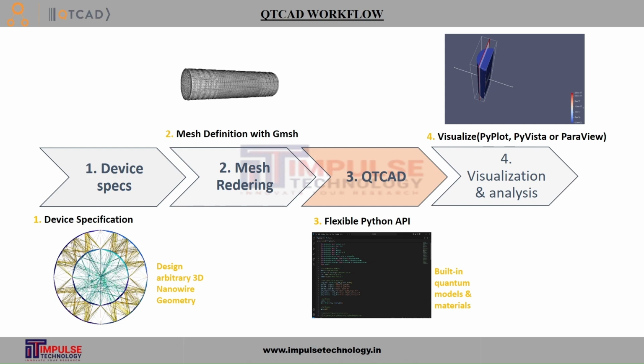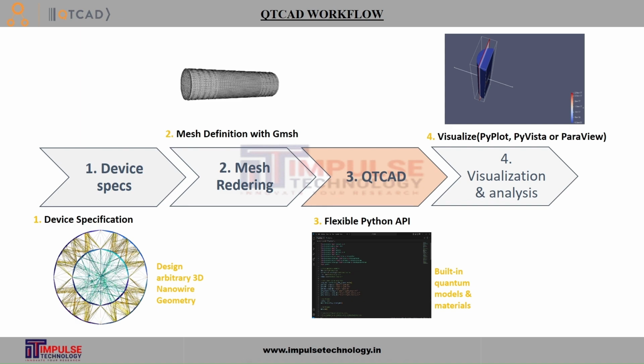Second step is mesh definition with GMSH. The second step is the creation of the mesh, which is a representation of the device geometry in small elements. A mesh is essential. You divide the device into smaller, manageable sections. This is important because the Poisson solver and other numerical solvers work on these small sections to calculate electrical properties like potential and charge distribution. This process is known as meshing, and a finer mesh gives a more accurate result, especially in areas where the electric potential changes rapidly. However, finer meshes also require more computational power.